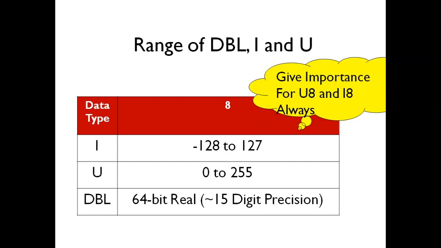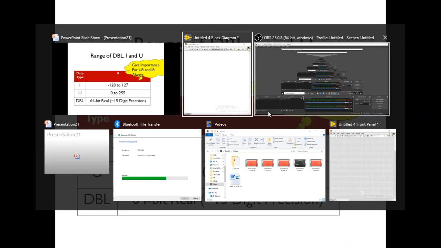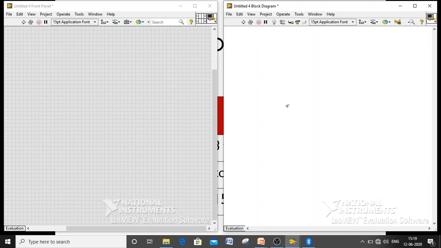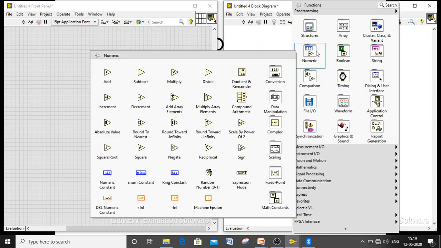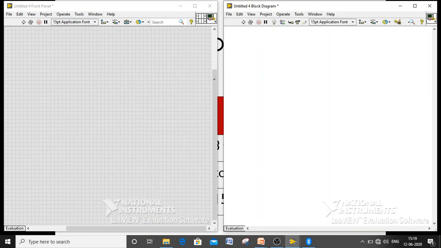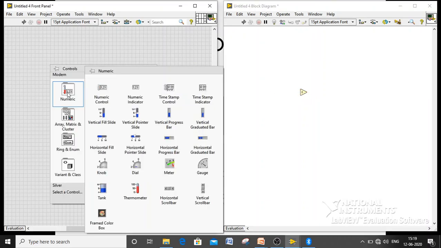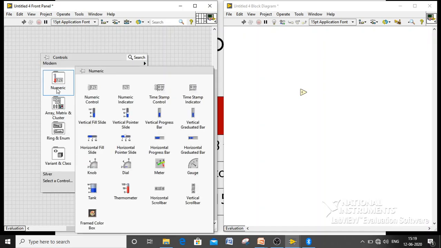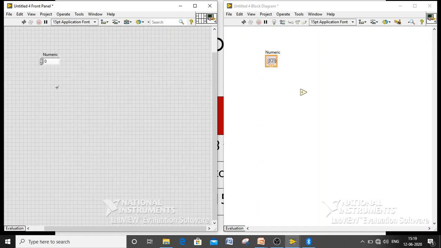Okay, let us go for some hands-on experience. In LabVIEW we have two windows, the front panel and the block diagram window. We are going to focus on numeric only. Let me take a numeric operator from the numeric palette, a divide operator, and I need two controls picked from the front panel, numeric controls. By placing the numeric control, I also get one in the block diagram window.